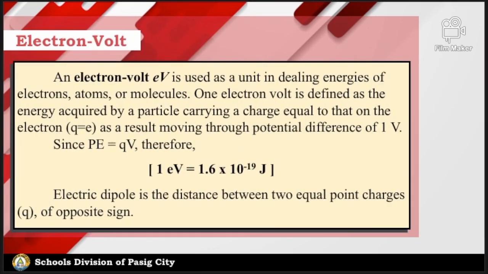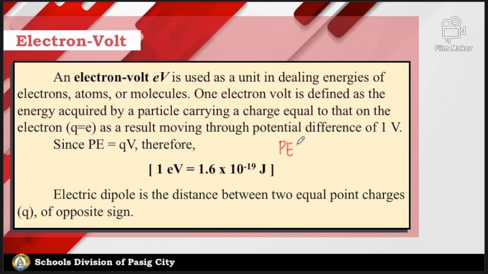An electron volt is used as a unit in dealing energies of electrons, atoms, or molecules. 1 electron volt is defined as the energy acquired by a particle carrying a charge equal to that on the electron as a result moving through a potential difference of 1 V. Since potential energy is equal to charge multiplied by the potential difference, therefore we can say that